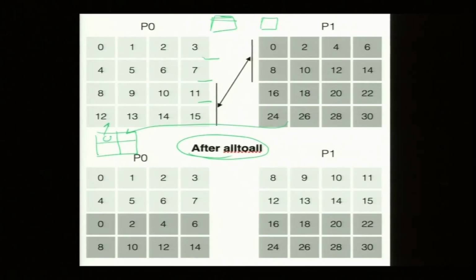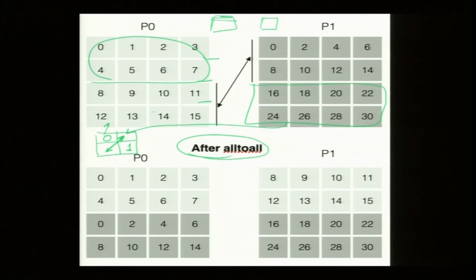So, this guy will remain with itself, 0 on 0, and this will remain on itself. Okay. So, you do not touch this part and this part, they remain where they are, but these guys are exchanged. Okay. So, instead of a number, I have a chunk of numbers and I do exactly the same thing as what I did before. Is that clear? So, it is like a transpose, but not with a number, with a chunk of data.